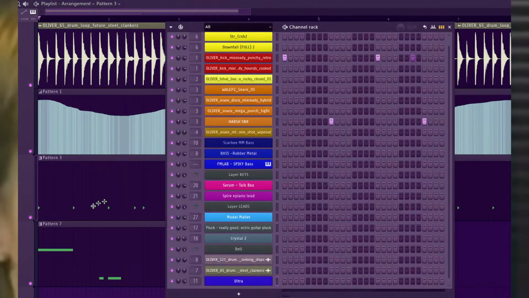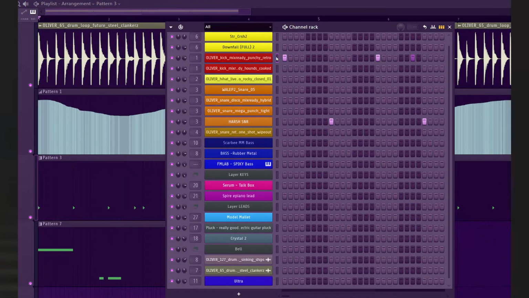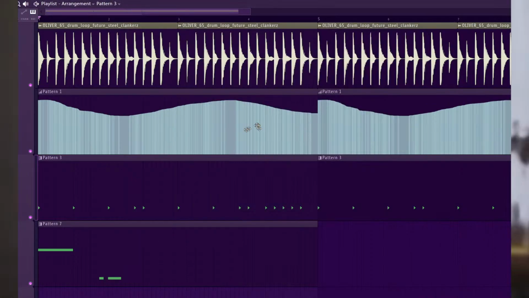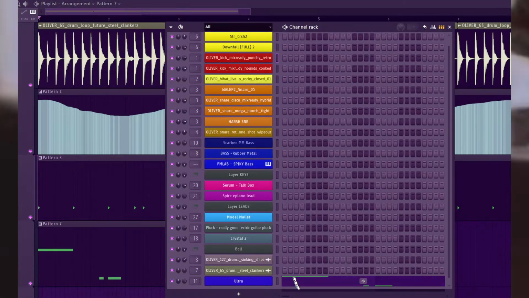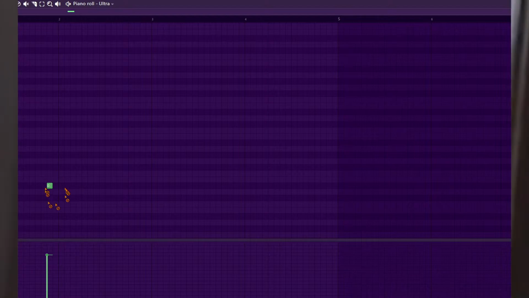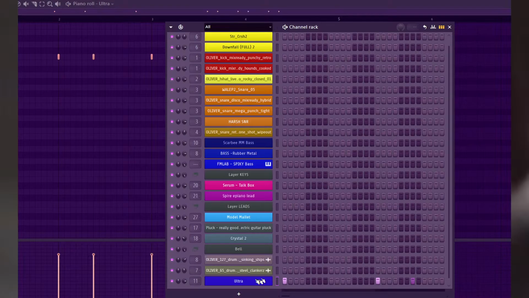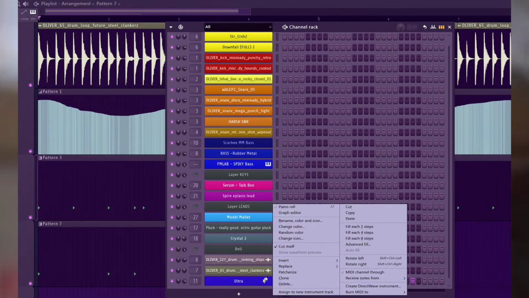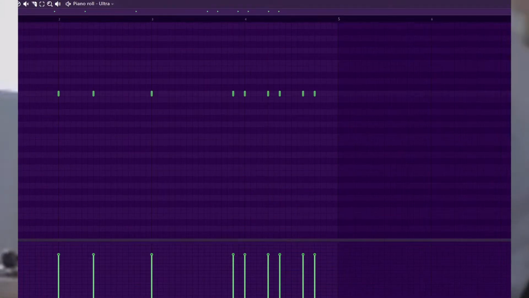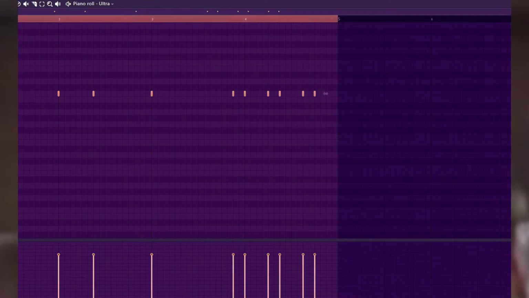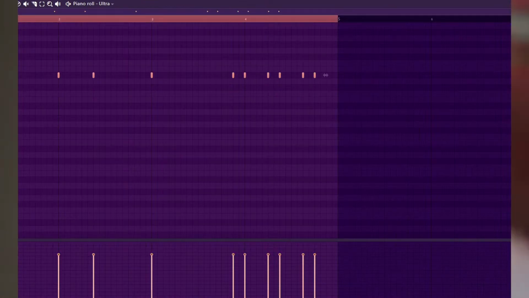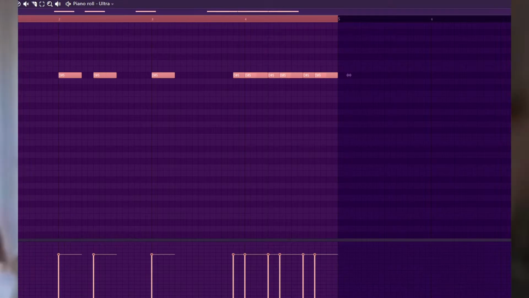You know what I'm going to do? Here's what I'm going to do. I'm going to copy the kick pattern, and then I'm going to go into the bass. This is a little time-saving tip. Sorry. I'm going to paste it. So now every time there's a note here,